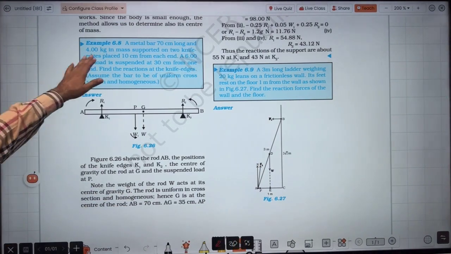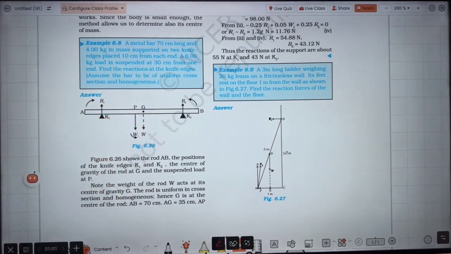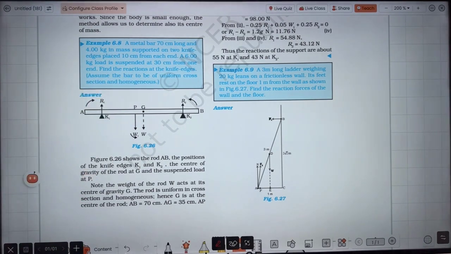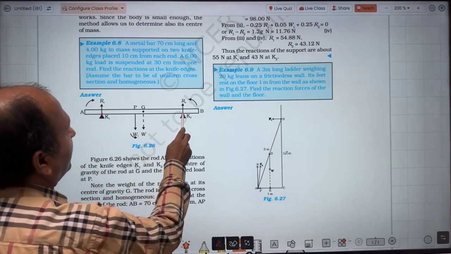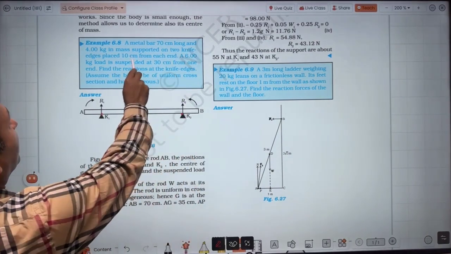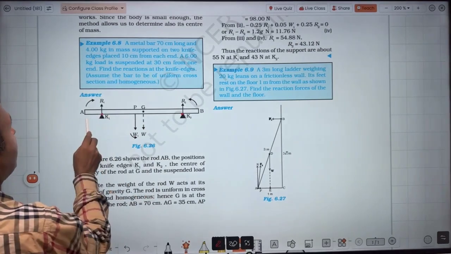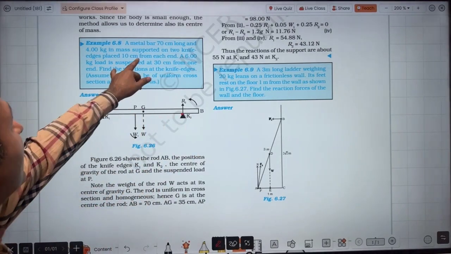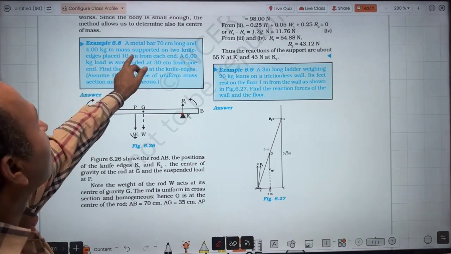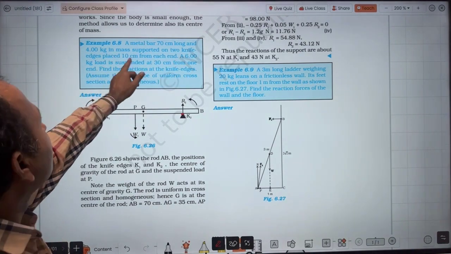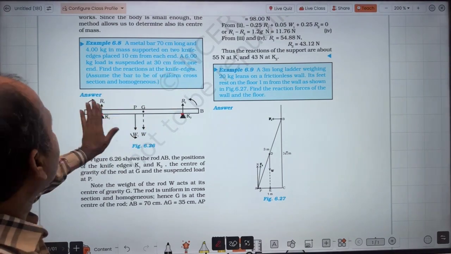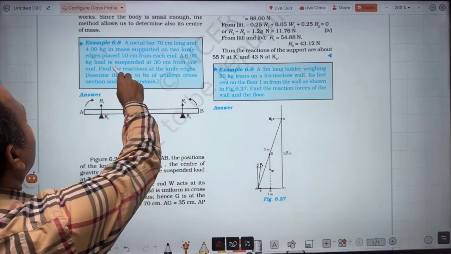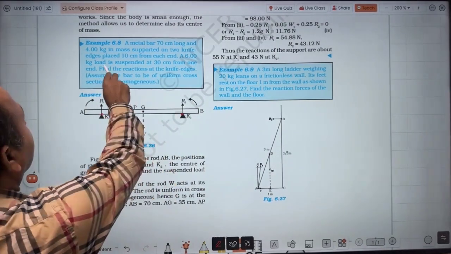What is happening? A metal bar 70 centimeter long and 4 kg in mass is supported on two knife edges. This is one knife edge, another knife edge is here, 10 centimeter from each end. This is 10 centimeter, this is 10 centimeter. So 10, 10, 20. What is left? 50. Now, a 6 kg load is suspended